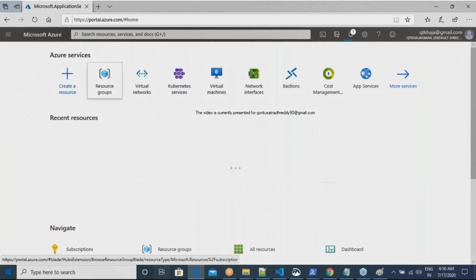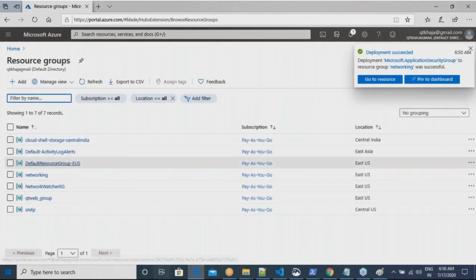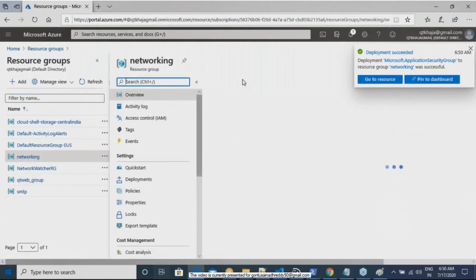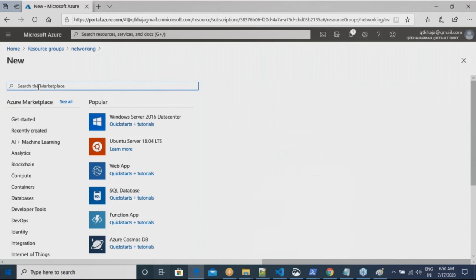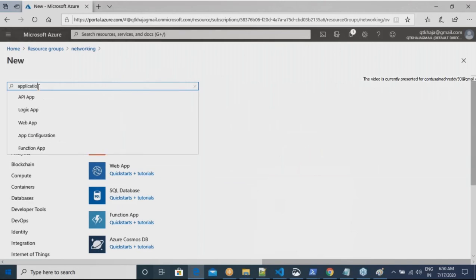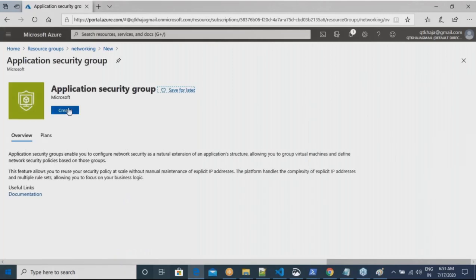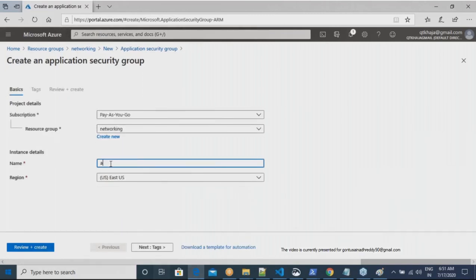While this is working, let me create one more application security group. This is to make your life convenient. That's it, nothing beyond it. I'll call it app logic.